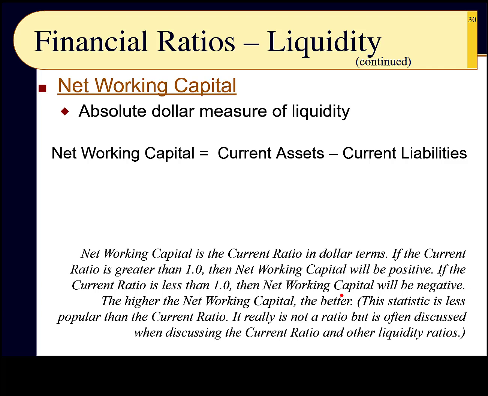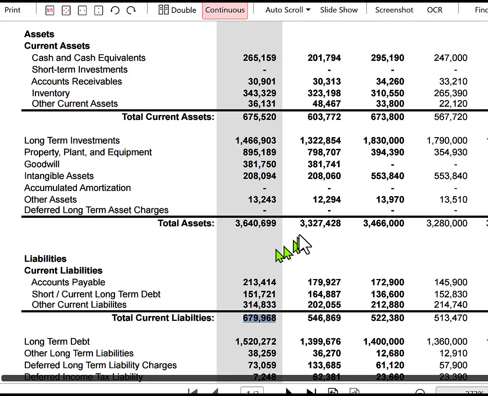And of course, the higher the net working capital, the better. It's not as popular, and as we said, it's really not a ratio, but it's often discussed when discussing the current ratio. In other words, how many dollars more do you have in assets than you have in liabilities, or vice versa. So now when we go back to the balance sheet,